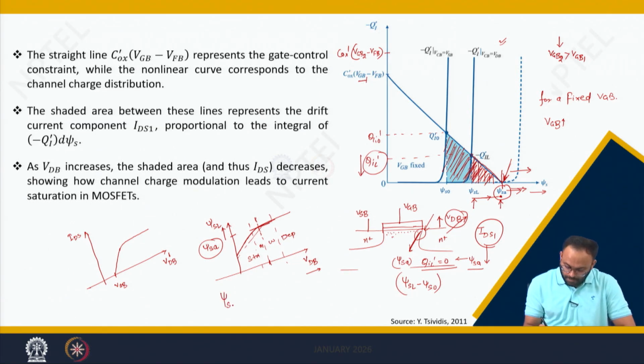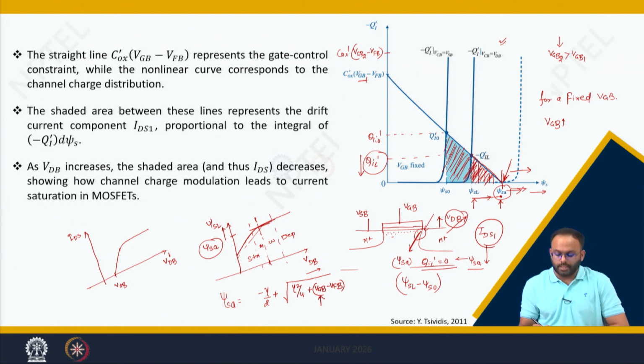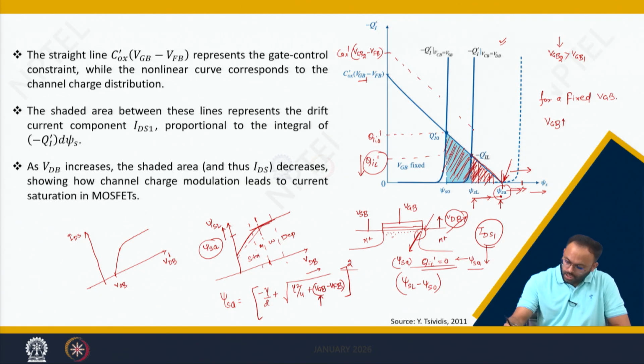because if you remember the psi SA formula, it is nothing but minus gamma by 2 plus square root of gamma square by 4 plus VGB minus V flat band voltage, and hence the factor of VGB is coming in this equation as well. So this point will also shift like this, and you get a new boundary which allows you to increase the VDB in such a way that you can get some non-saturation part here, and hence if you increase VGB, your drain current will increase